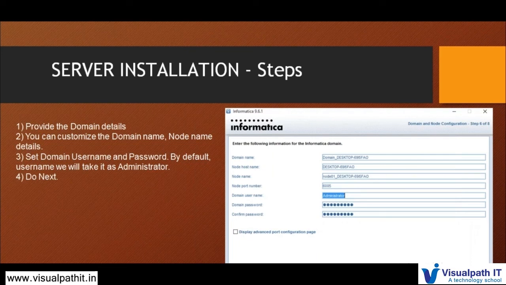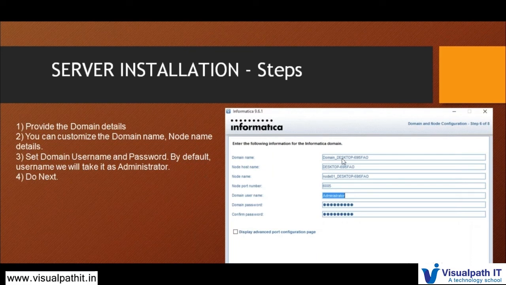Whenever you are installing, it will be one node which acts as your primary node. Once the installation finishes, you can add multiple nodes from the admin console. So this node will act as your primary node.